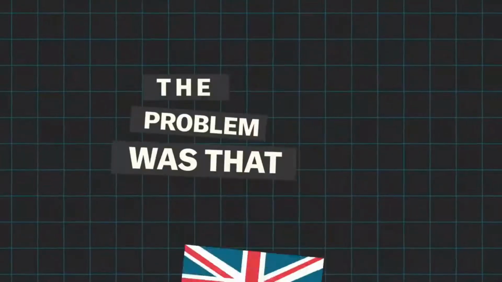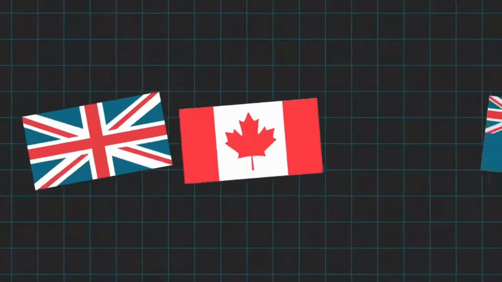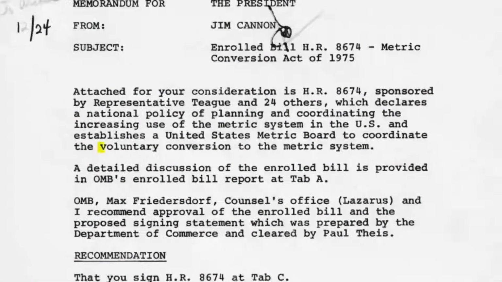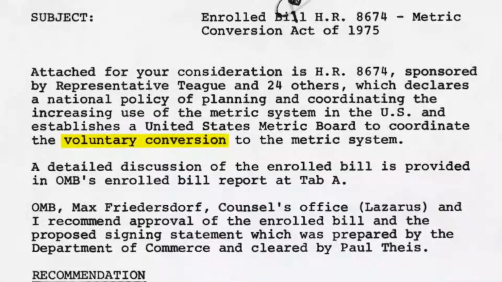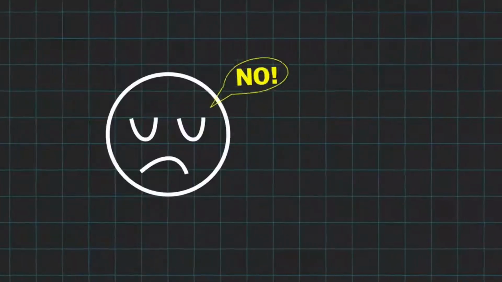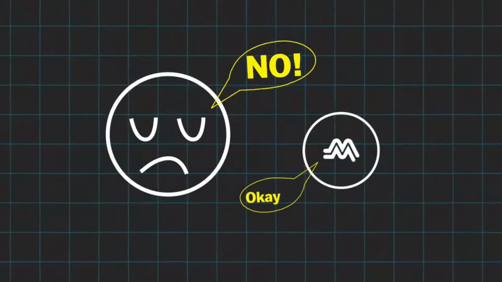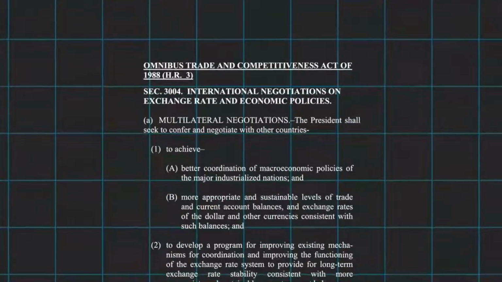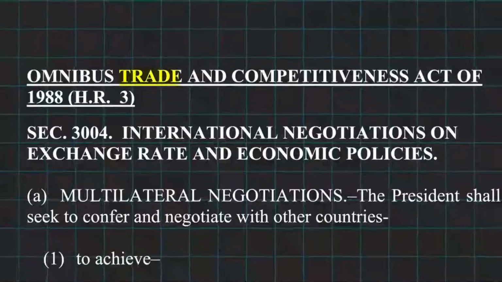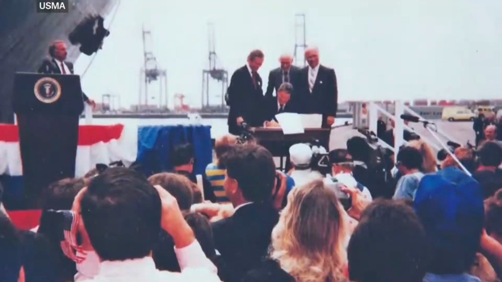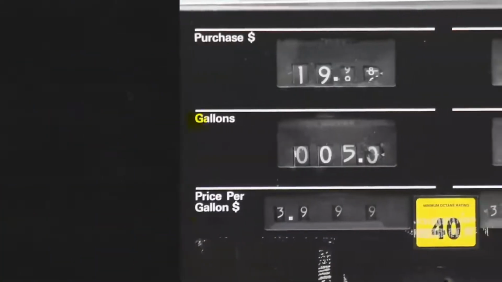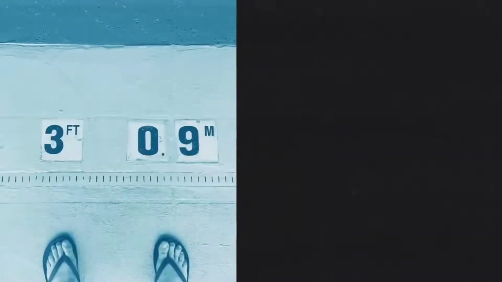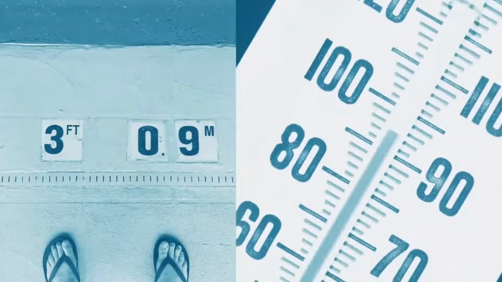The problem was that unlike the UK, Canada, or Australia, the law made the switch voluntary instead of mandatory. And of course, people resisted the change and the metric board couldn't enforce the conversion. So President Reagan ended up disbanding the board in 1982. The next nudge to metricate came when the metric system became the preferred measure for American trade and commerce in 1988, but nothing really stuck with the general public,